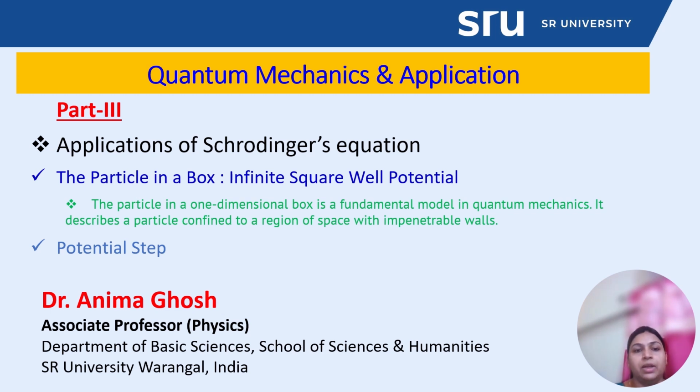In part one and part two, we discussed the difference between classical physics and quantum physics, and then the de Broglie wave concept, wave particle duality, and the Heisenberg uncertainty principle. Today we'll discuss the applications of the Schrodinger equation. So before going to the application, let us focus on